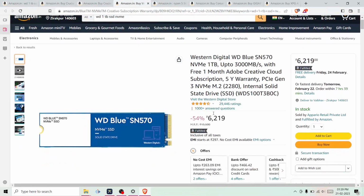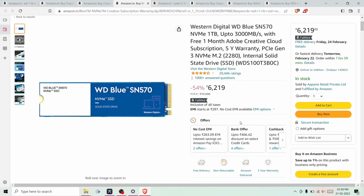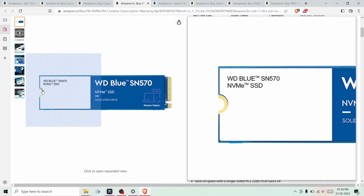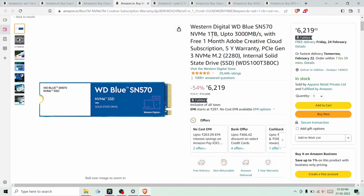If you look at the price of an NVMe SSD, it is easily 2000 rupees more. Even if it's not 2000, it is 1500 rupees more than the SATA SSD. Yes, it will provide a bit faster speeds. It says it provides 3500 MB per second speed, but in my case it generally isn't that noticeable, because I have two PCs at